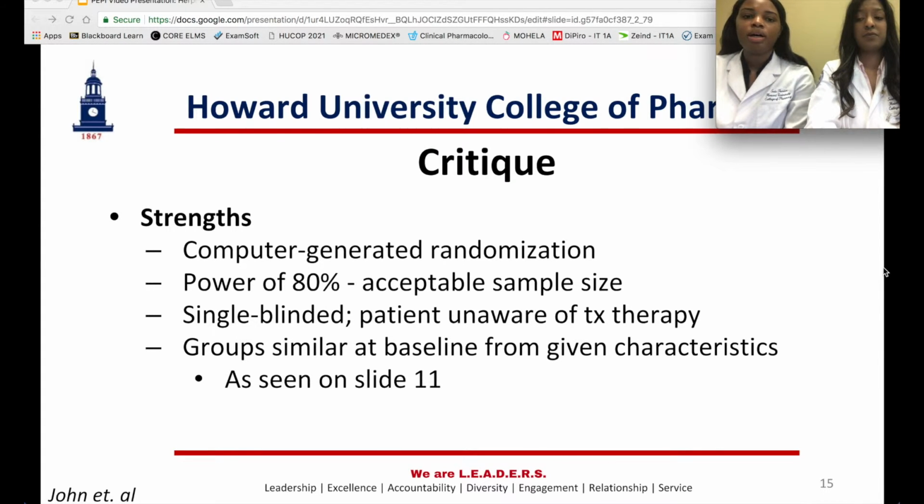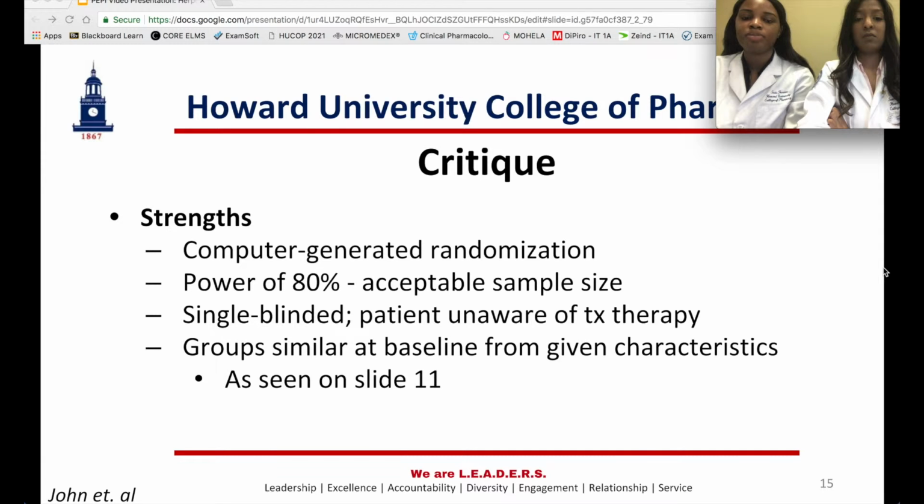Okay, our overall critique of this study. We want to start out with the study strengths. It was a computer generated randomization, so this reduced any kind of incidence of bias. The power was 80%, which was an acceptable sample size. It was a single blinded study, so patients essentially were unaware of treatment therapy. And groups were similar at baseline from given characteristics, and this can be seen on slide 11 where we discuss